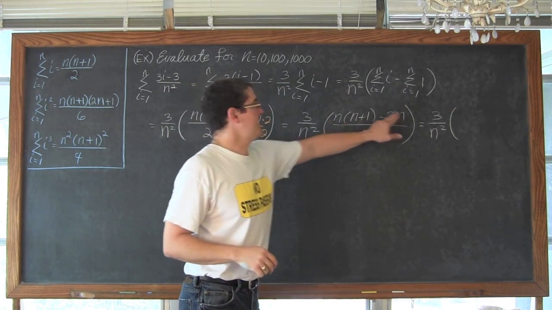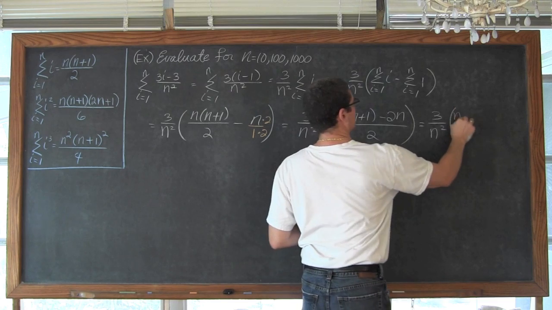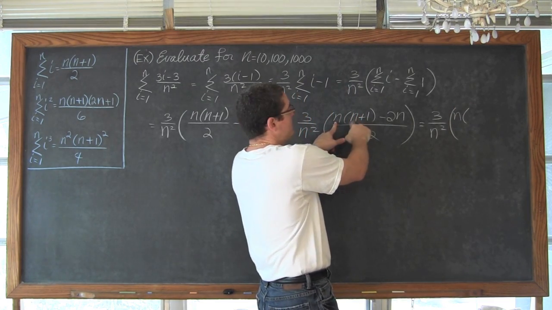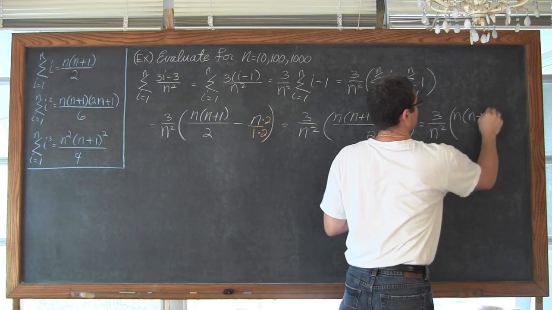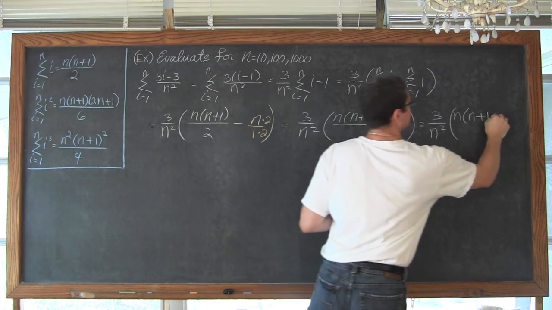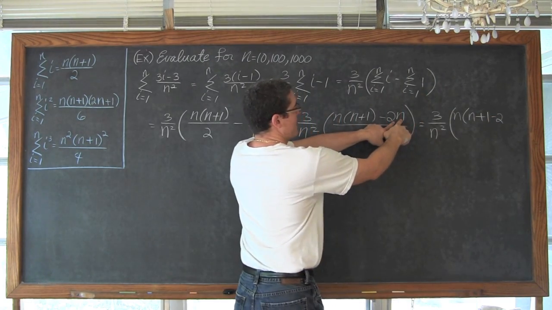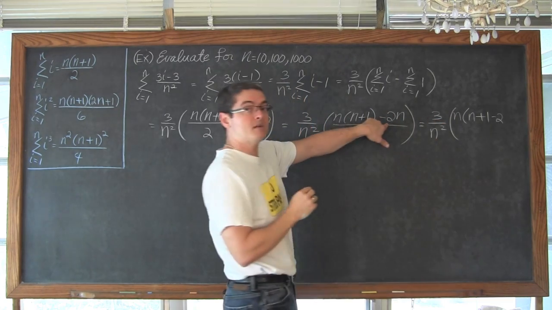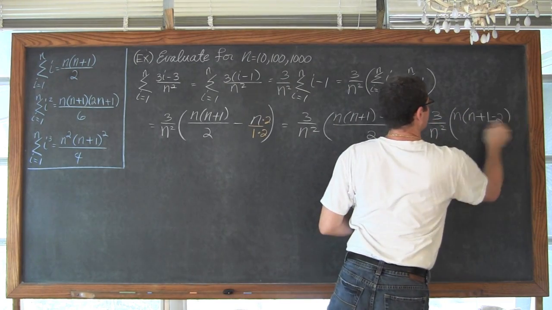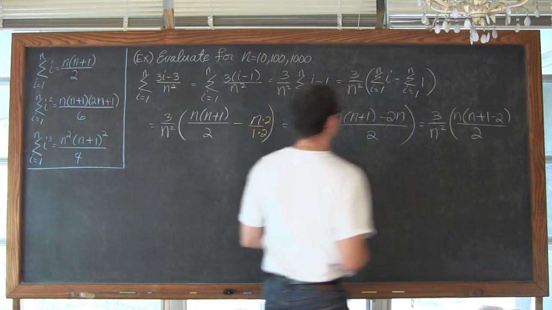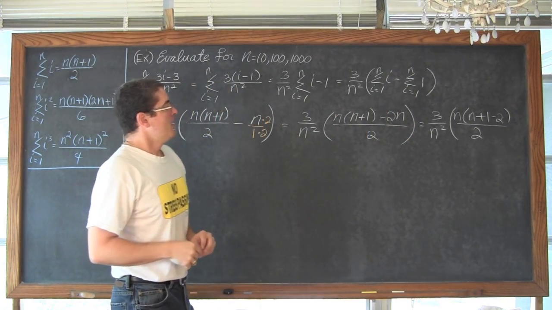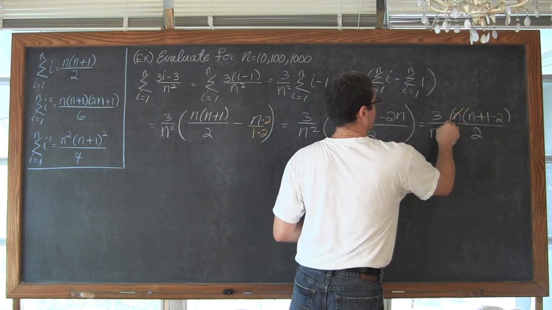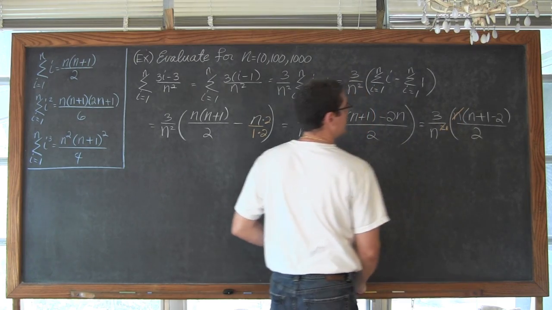We're going to take an n out of these two terms and have n times, well, if I have this term and I factor out n, I'm left with n plus 1 minus 2. Now this term has an n, but I'm factoring it out front, so 2n divided by n is equal to just 2 over 2 from that denominator. Now this n is going to cancel out with one of these two n's down here.